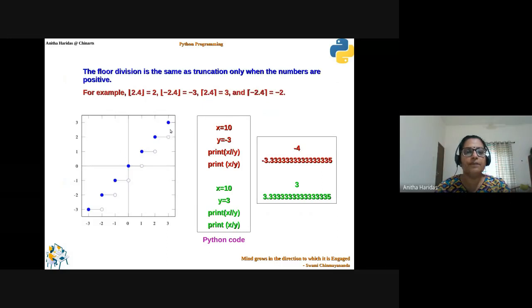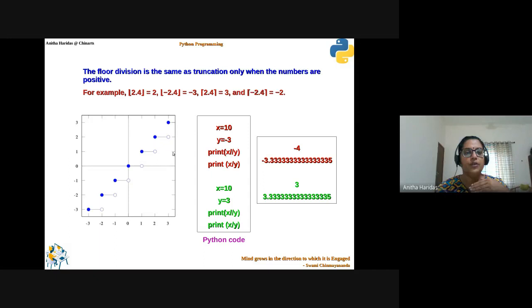So what happens here? Floor means it goes down, right? Floor means it goes down. So since it is 3.33, 3.33 comes somewhere here. The greatest integer nearer to 3.33 is this one. So it goes down and checks what is the nearest integer. It is going to be 3. So it gives you 3, right? So 3.33 in the floor division goes below that. When you have a number line something like this, you will have 0 here, then 0.1, 0.2, 0.3 like that, etc.